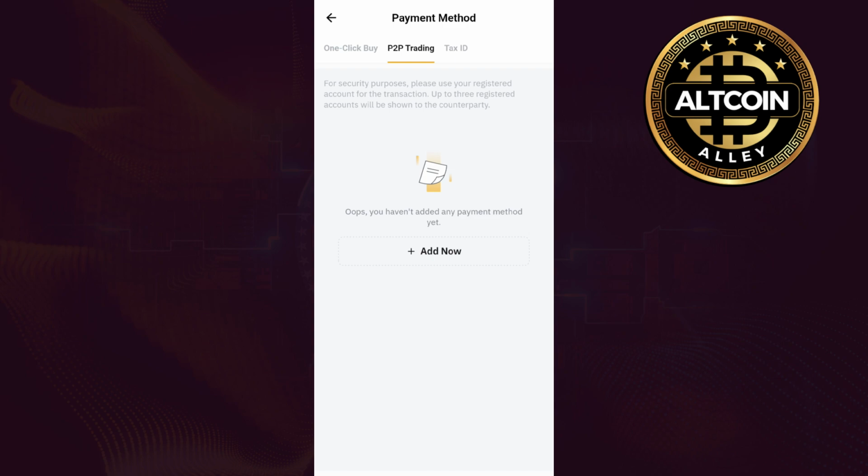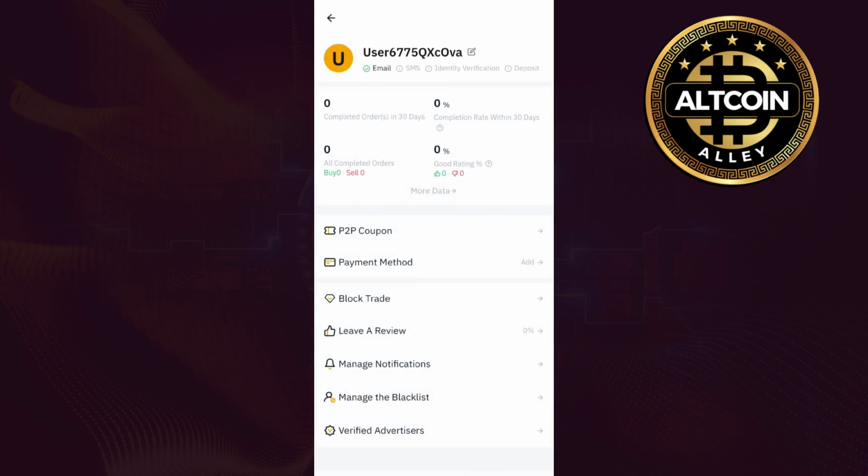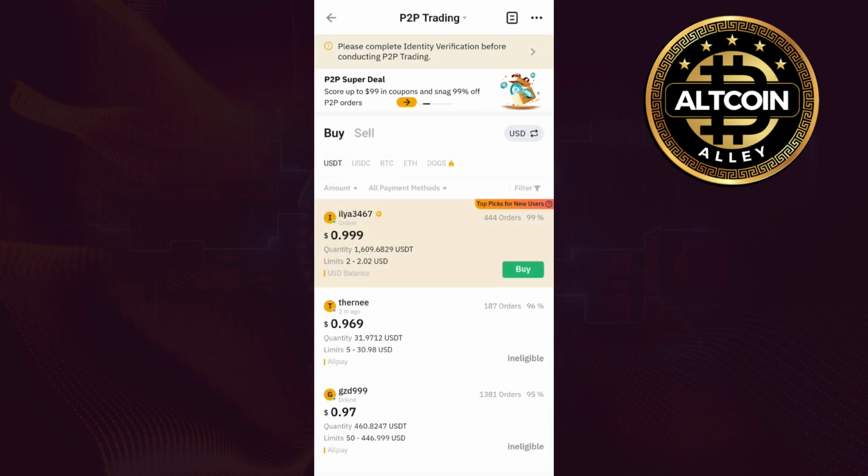After that, you just have to simply follow the instructions in order to successfully add your payment method, and it will show you over here. Now with the help of that payment method, you can send and you can receive the money from and to